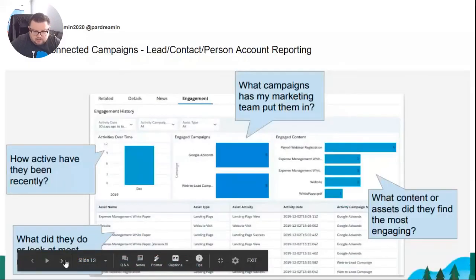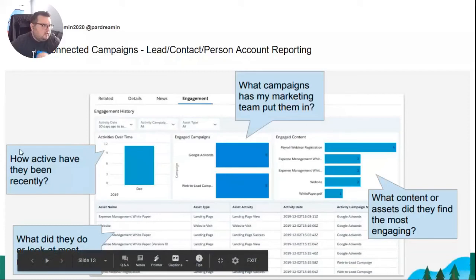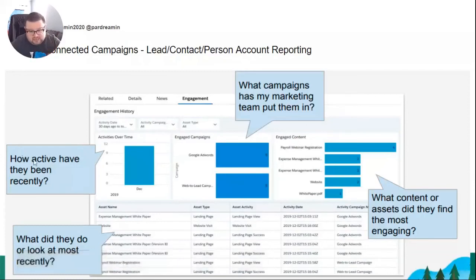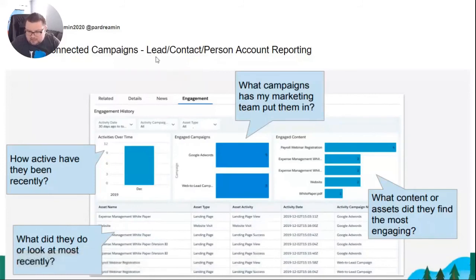So this is some of the stuff that was talked about earlier today on the keynote. But this is campaign influence utilizing the connected campaign stuff. These are the engagement history dashboards that you can include on the different page layouts. This is on the campaign. This is on the lead, contact, and person account. So if you have connected campaigns set up, then you're able to add this as a dashboard to be able to see